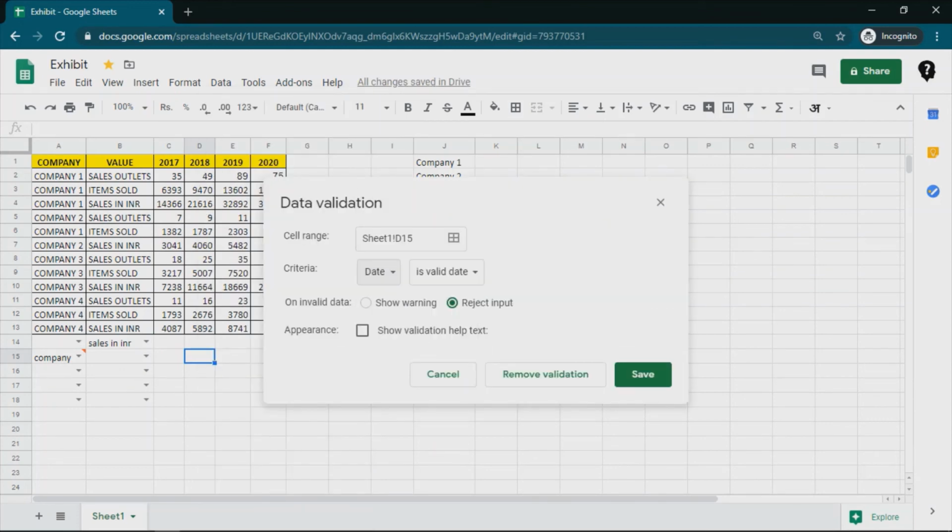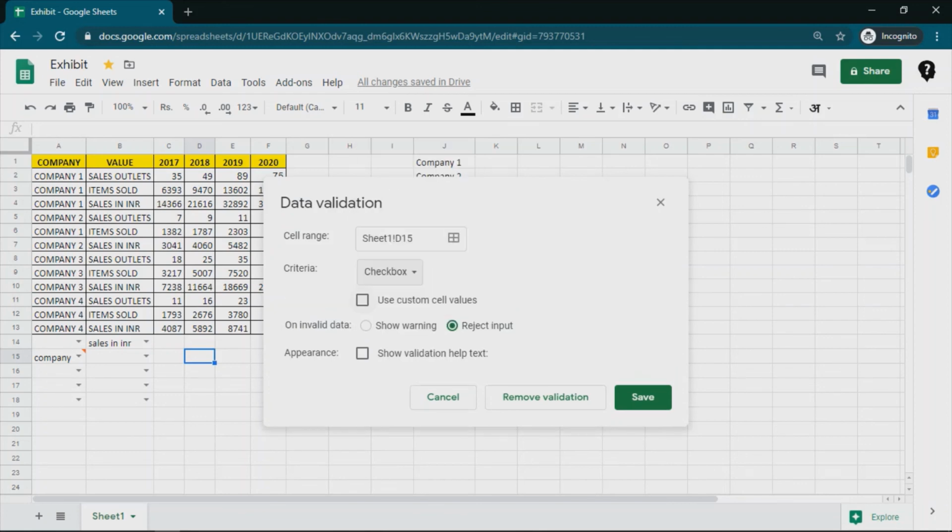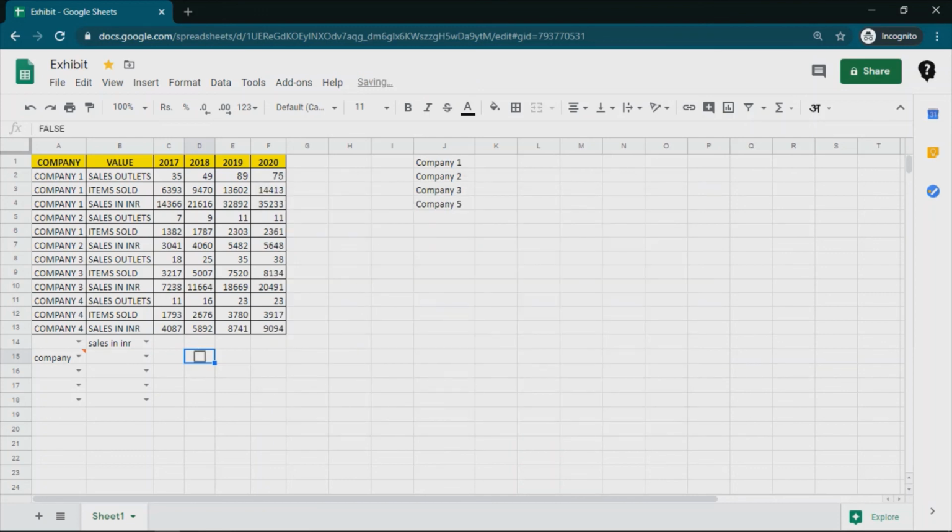So the same goes for the date. Is it a valid date, if it is on or before. So these conditions like what we have seen in the conditional formatting, the same we can apply here. Similarly, custom formula is basically if you have any custom formula. So for example, depending upon the reference cells, if we have any conditions, this is not mainly used, but we can have those conditions filled in here as well. And then finally the checkbox. So here we can use custom cell values, or say for example when we say checkbox, we can directly get the checkbox. So here I can only put true or false.